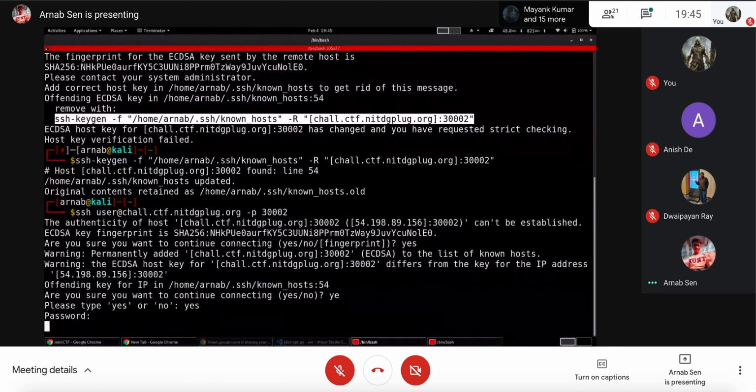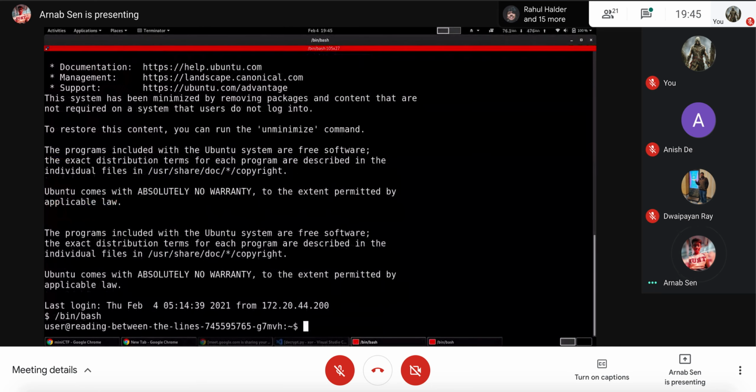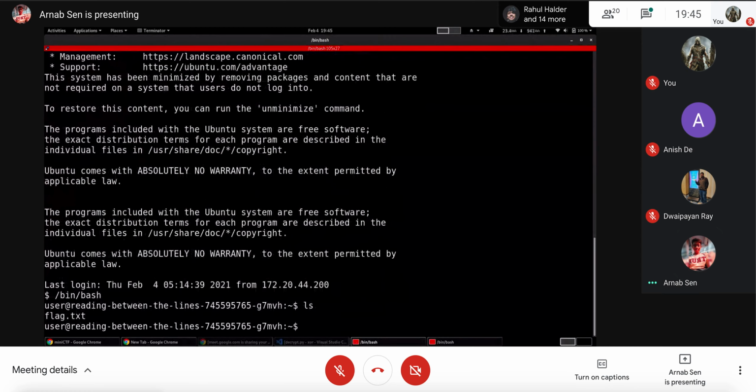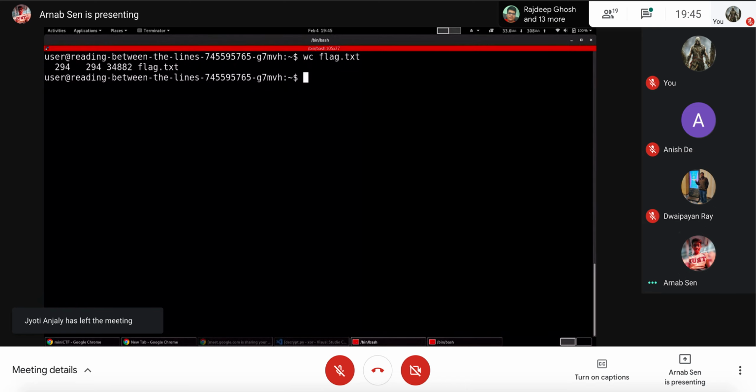I don't remember which problem this one was. Bash. Is there any file given? Yes, flag. I think this is a very large file.